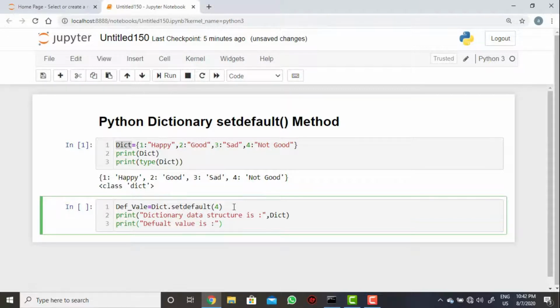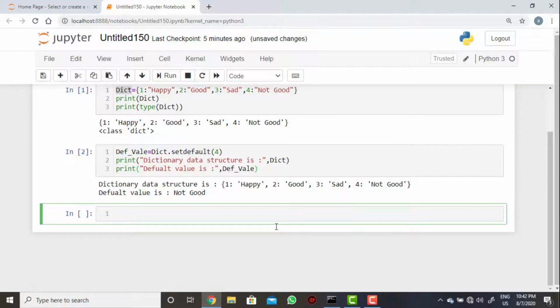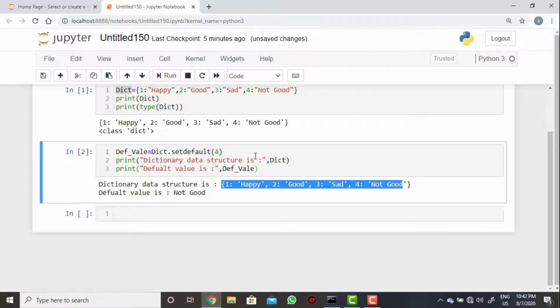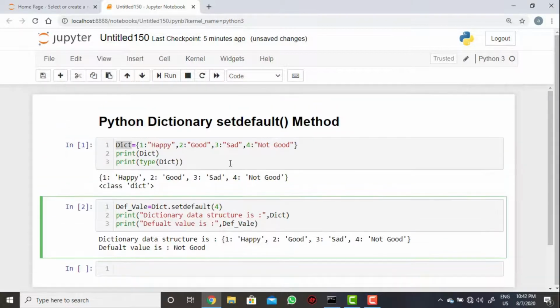So when we execute, when we call this variable which we have created, what will happen? So this is the value we are getting. So the dictionary data structure is the dictionary which we have, and the default value, when we are using setdefault, that respective key's value will be presented here.